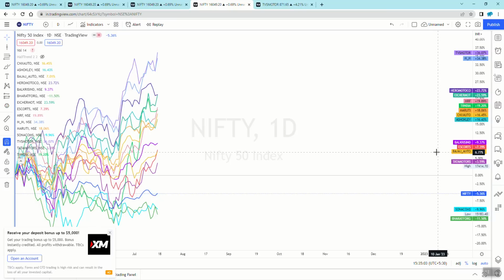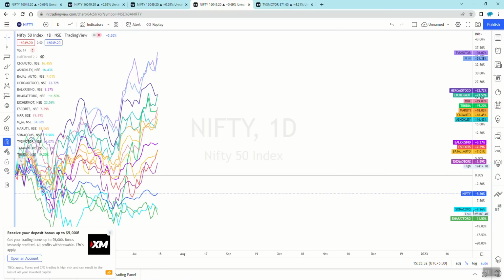You know how disastrous people's portfolios are. So you need to identify the stocks which have crossed their benchmarks, which are trading above their benchmarks. People have talked a lot about Sona Comstar. While the sector itself has outperformed, and the stocks of its own sector are outperforming like anything,